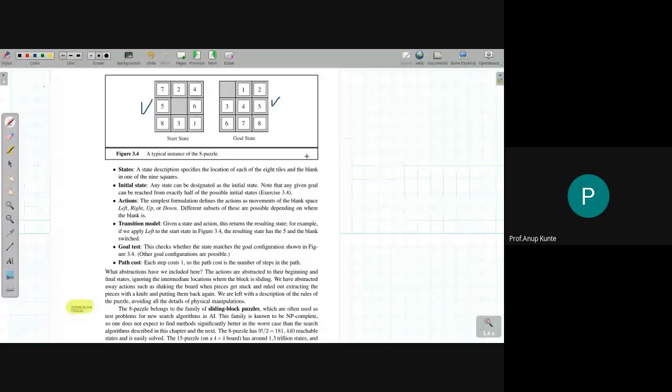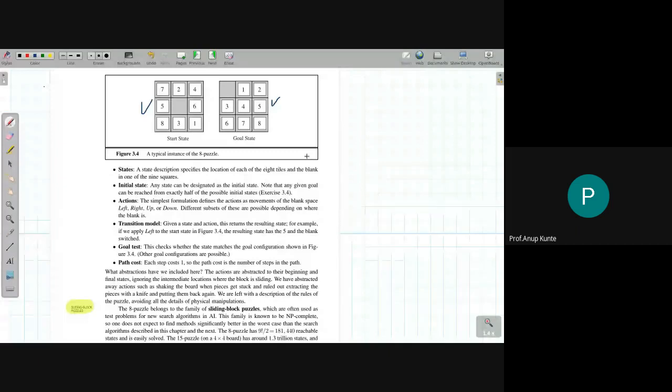So when you are defining a state space problem, an important consideration is that you need to know how states should be represented. Then you need to know what the initial state is. That is a must. But you might know your goal state, which may help you in formulating the goal test.